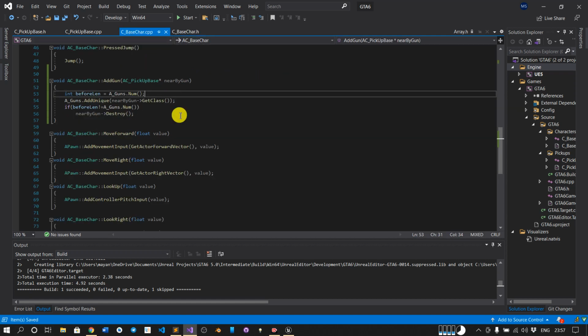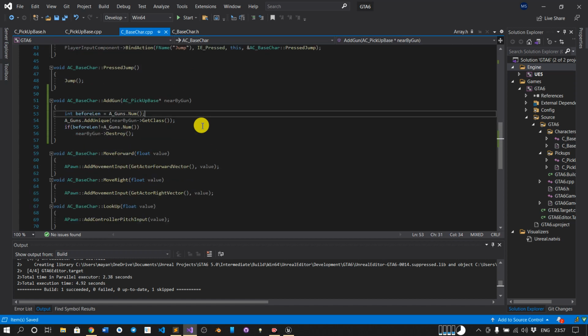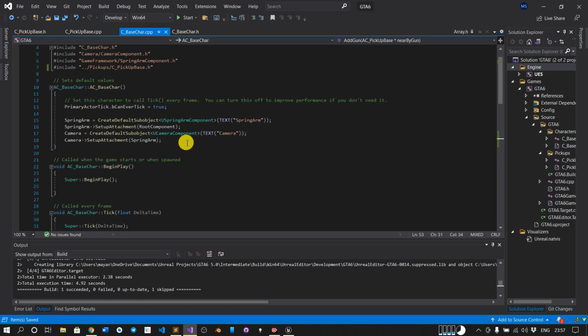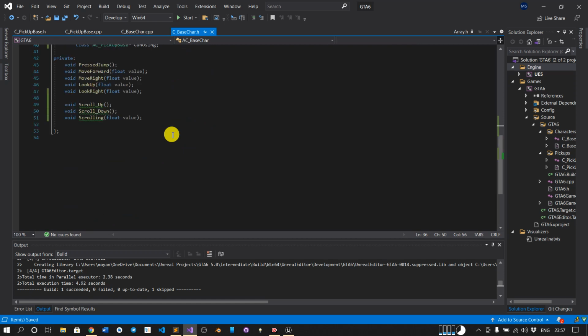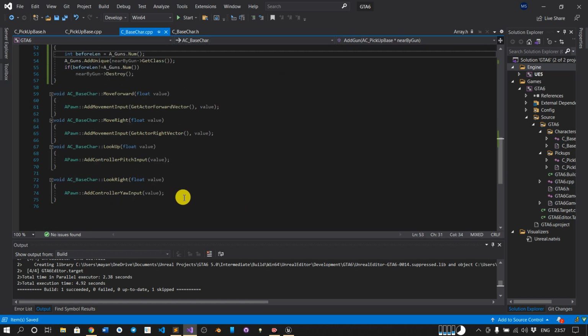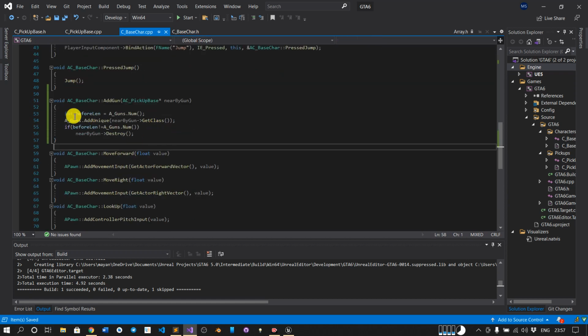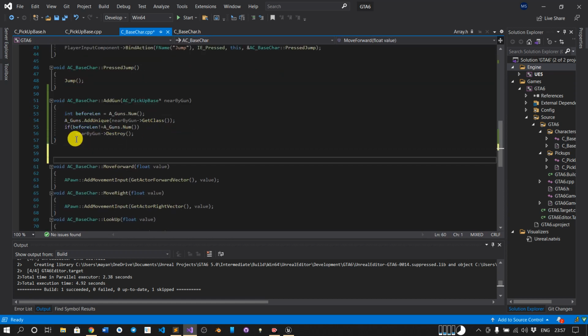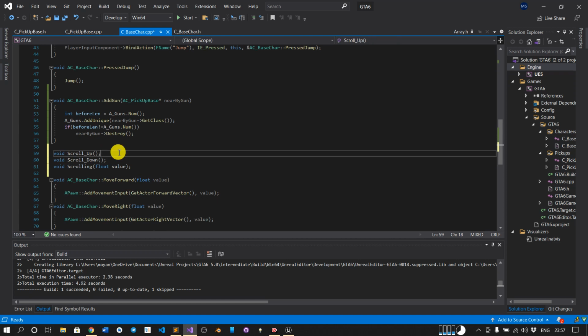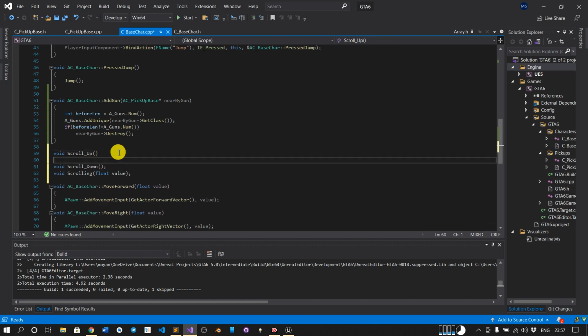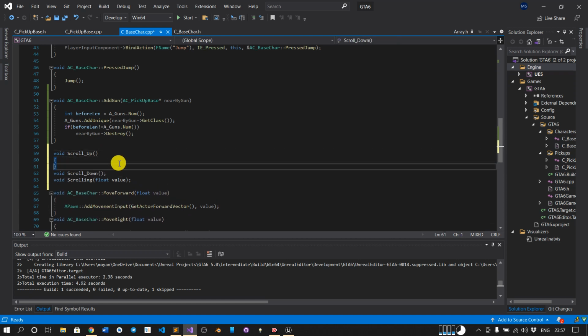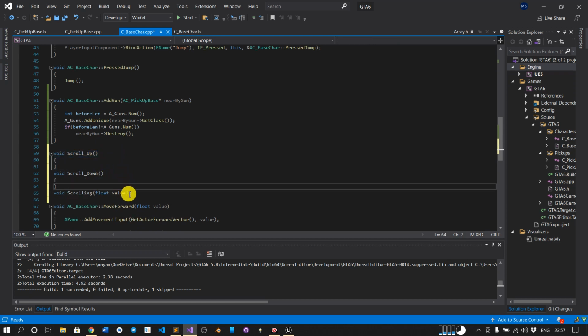So what will we do? Okay, we have not created these functions. We will create them first. Just go here below AddGun, and we will create these functions.